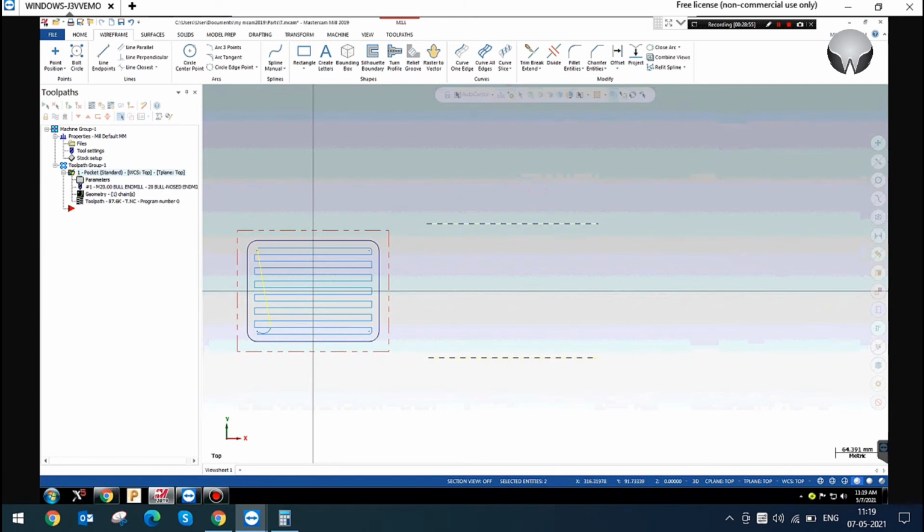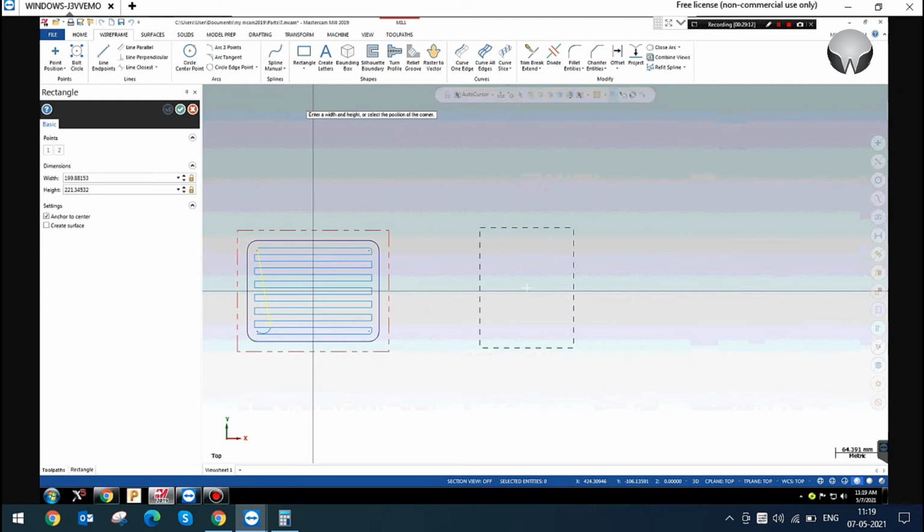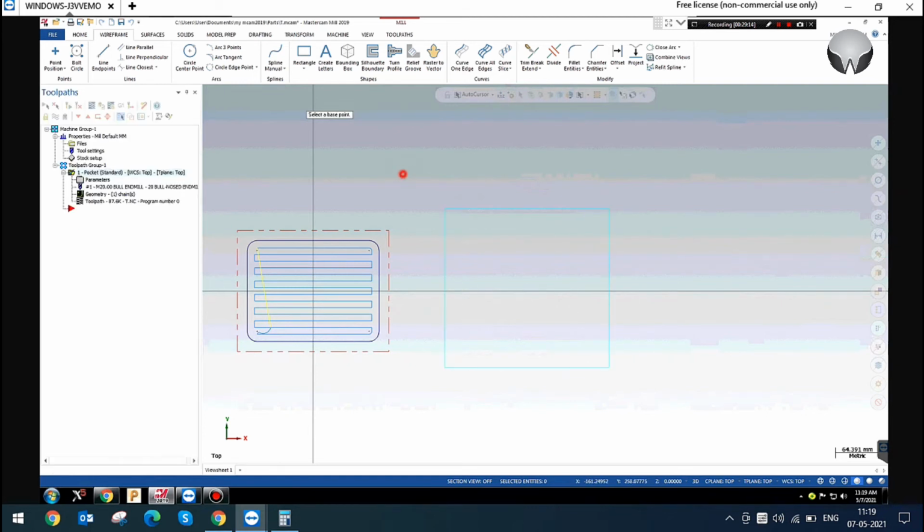If you want this type of machining like a face mill, if you use the face mill, you have to give this type only. In a pocket you will not use this.